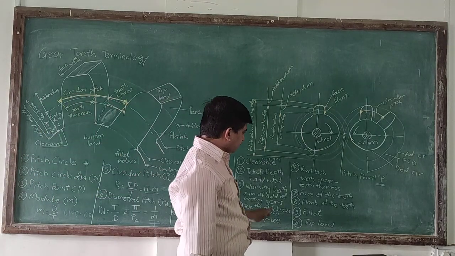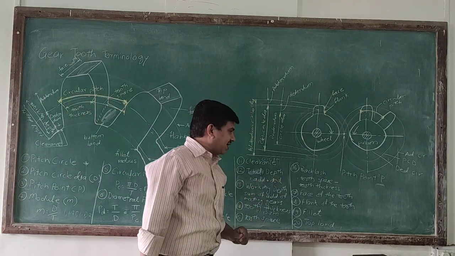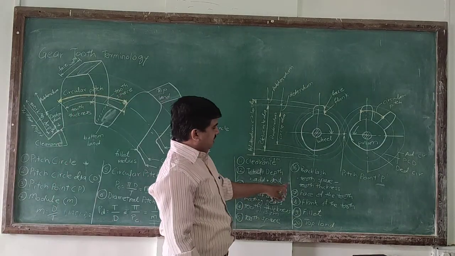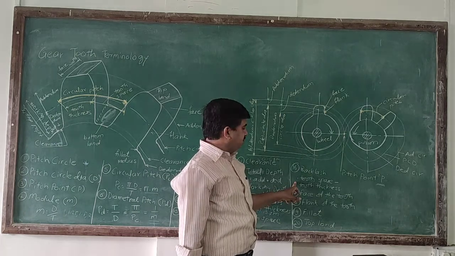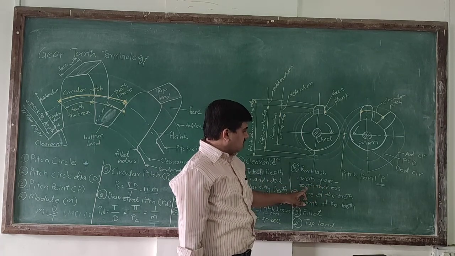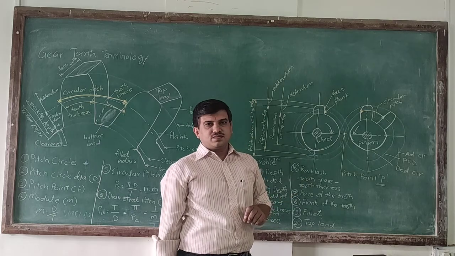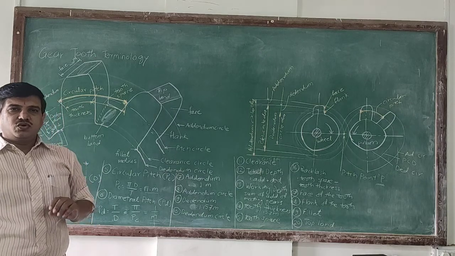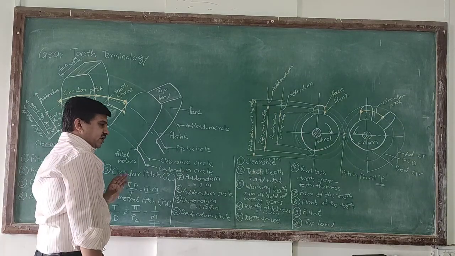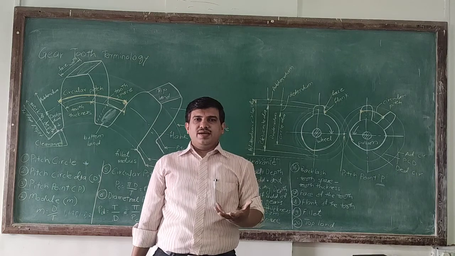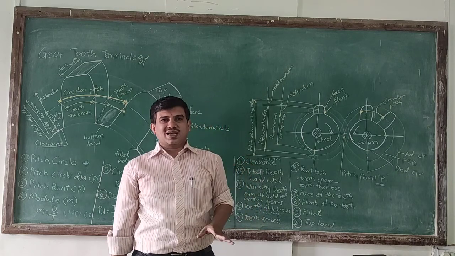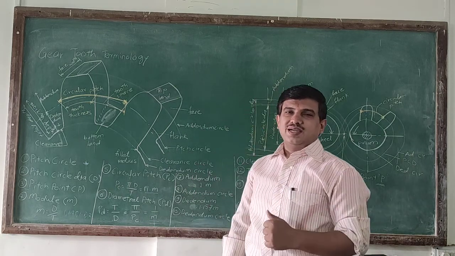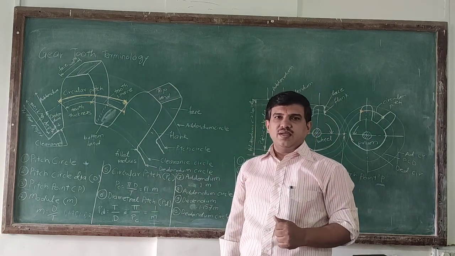After tooth space, next is backlash. Now, as per the definition, what is backlash? It is the difference between the tooth space and tooth thickness. Okay? Tooth space and tooth thickness. So, that is the difference. Theoretically, it is considered that we should not have backlash. Backlash नसायला पाहिजे असं आपण theoretically म्हणतो. But practically it is not possible. Why? Because